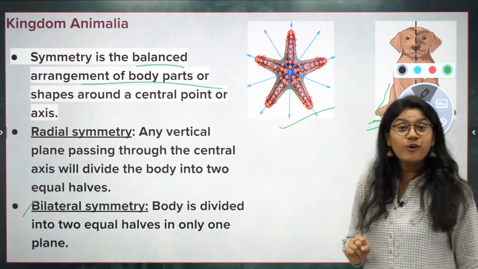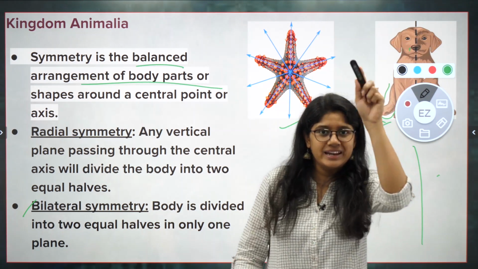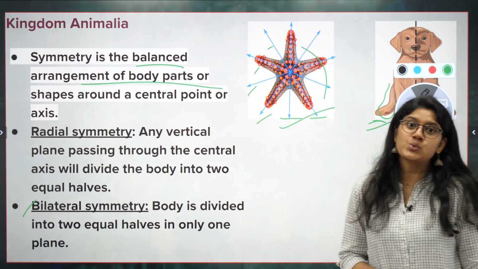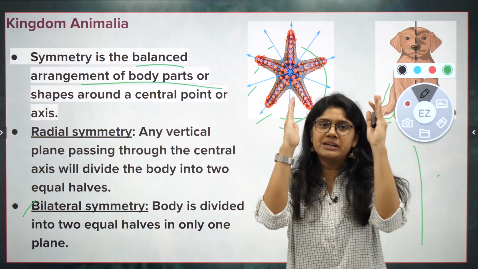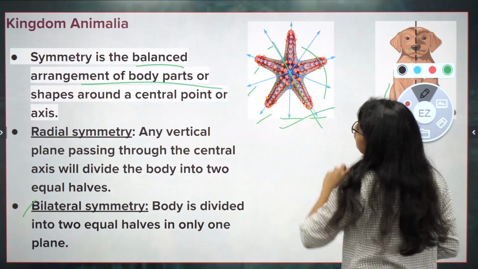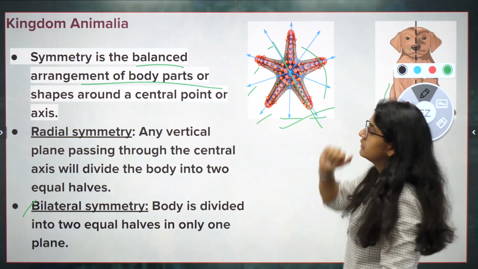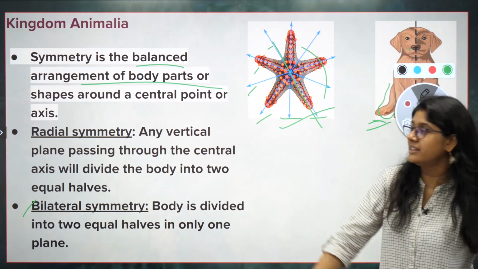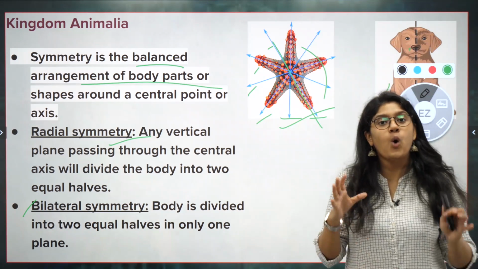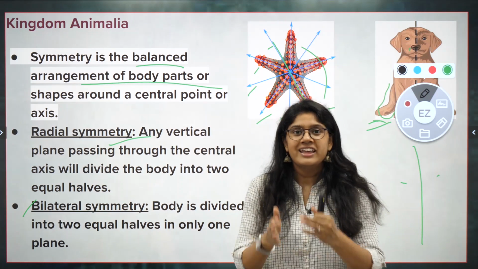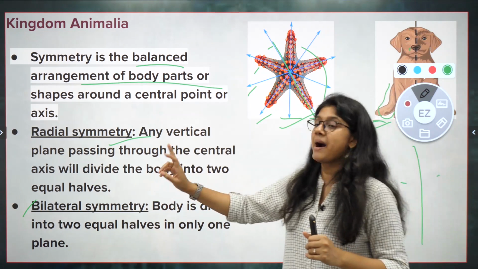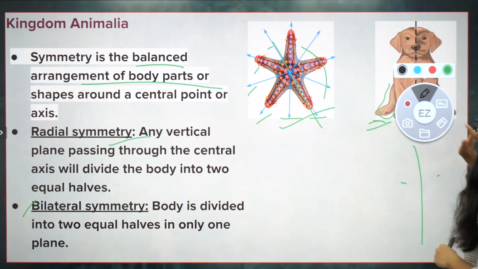See over here. Radial symmetry means that we can cut from any of the axes. The blue arrows are the axes. The starfish will be completely intact. It will always give us equal halves. Even if you cut from here, it will have equal halves. That condition is called radial symmetry. Wherever you cut, we will always get equal halves. Clear? So in symmetry we have two, radial and bilateral symmetry. Clear, everyone? Chalo, moving on